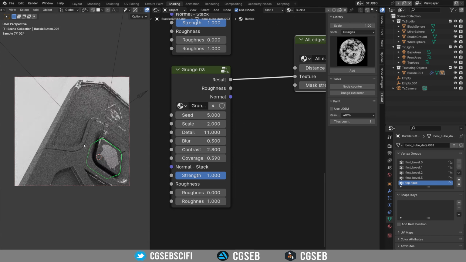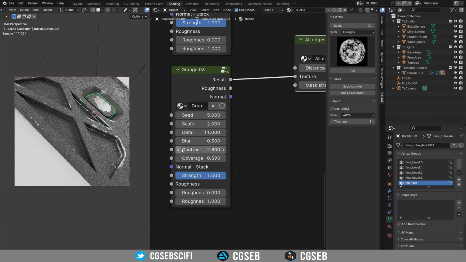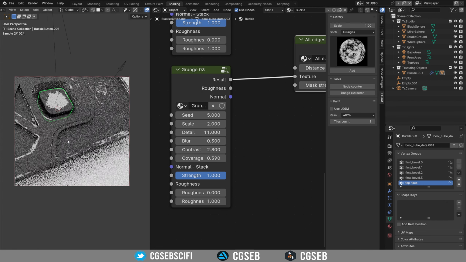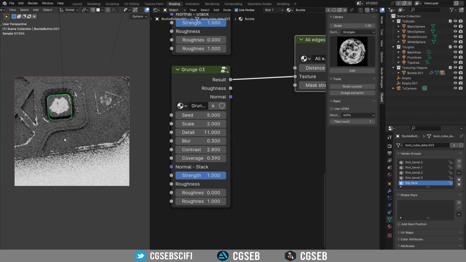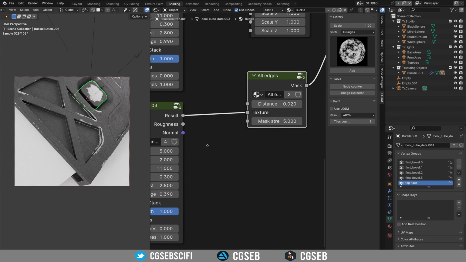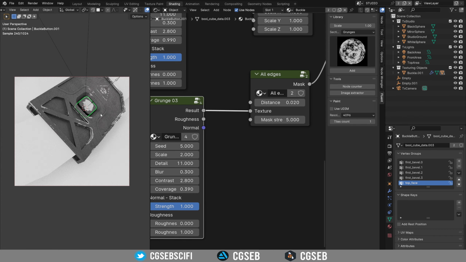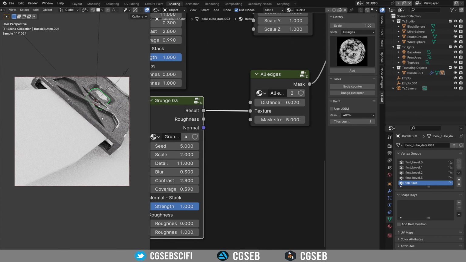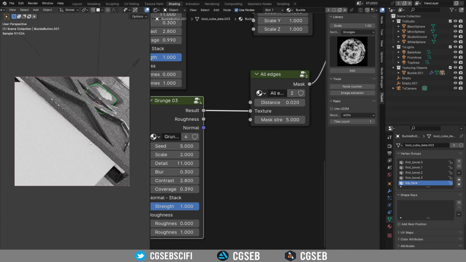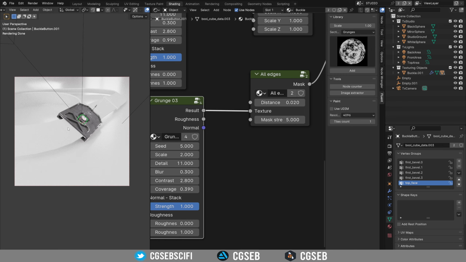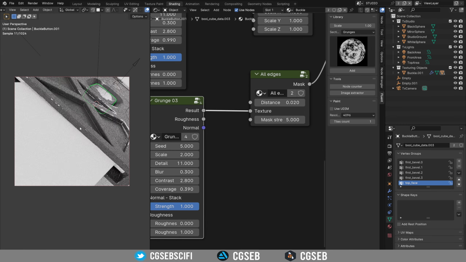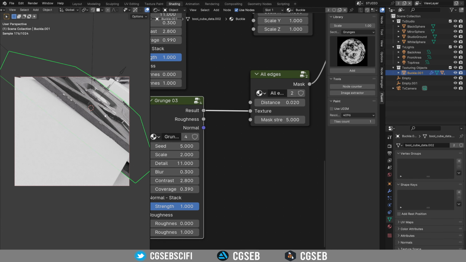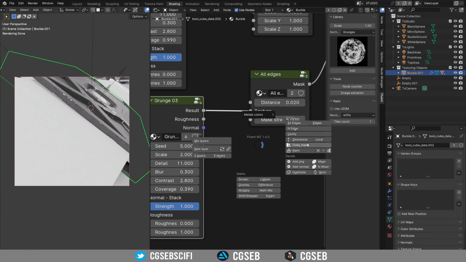Great. I will let you, as usual, play with the seed and the scale and coverage to only affect the area you want. So the all edges is affecting pretty much the entire object. And if we would like to actually damage some parts, let's say this part needs to be damaged a little bit more because we have the belt that is going to scratch it a bit with time. So let's press F, local,